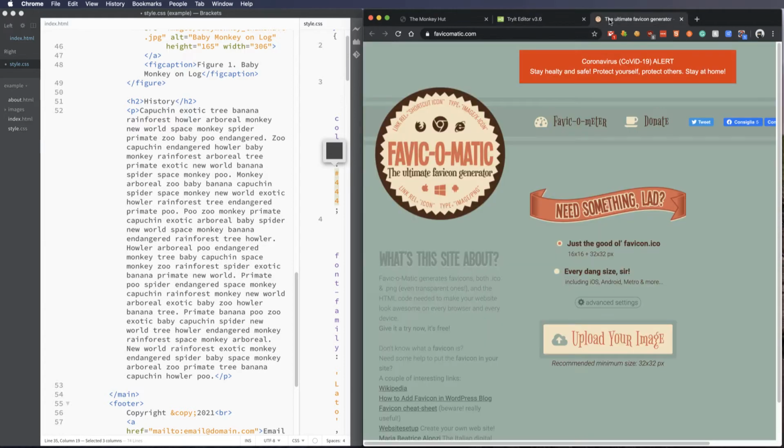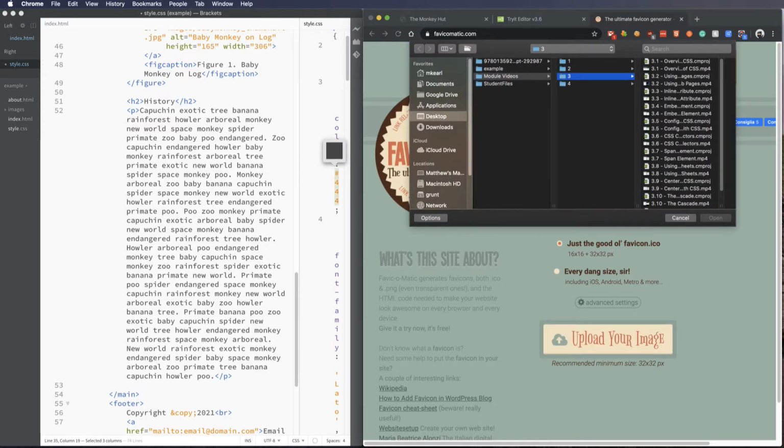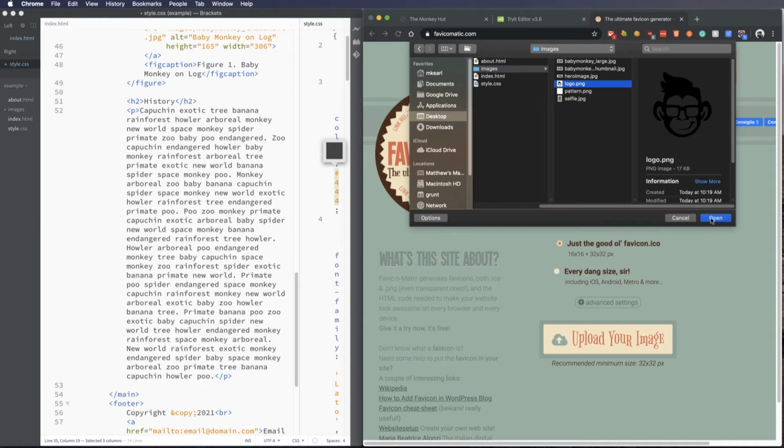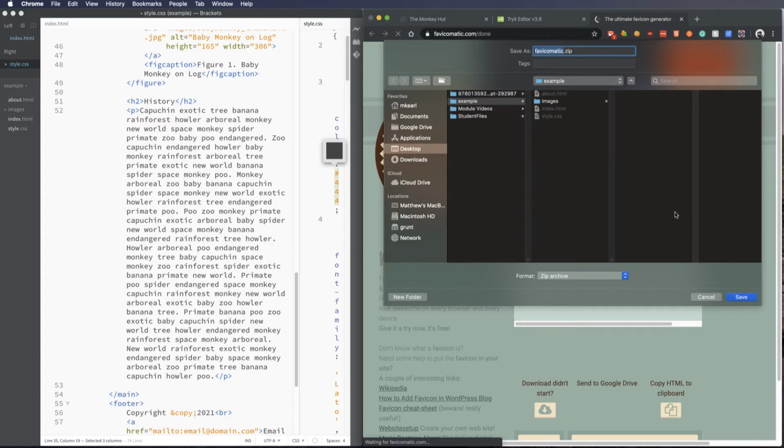The last thing I want to talk about in this is favicons. Favicons are the icon up above here. You can see another one right here, and you can see ours does not have one. You can type it in manually if you want to, but what I've found is it's a lot easier to use a favicon generator, where I want to reference out my image. So I'm going to pick our little logo here, and it's going to upload, and it's going to allow me to download this